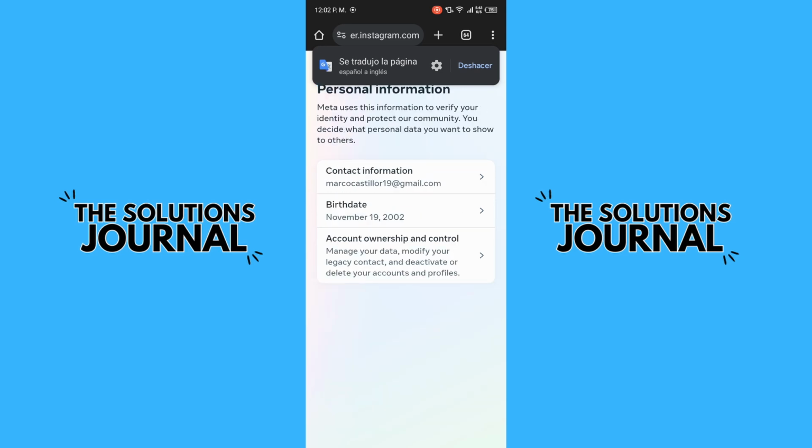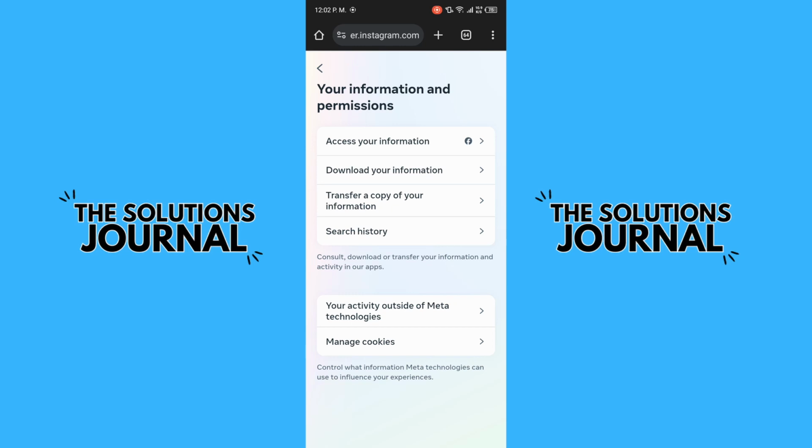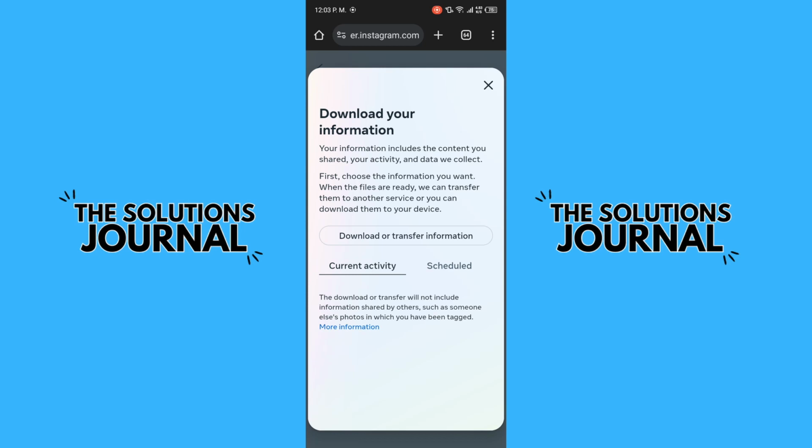In personal information, in your information and permissions, you pick here, and you need to go to the option of download your information. In this part, you need to pick here, download or transfer information, and put the password of your account. After that, you need to press the button to download the information, and you need to wait 24 hours for Instagram to send you an email where you can download